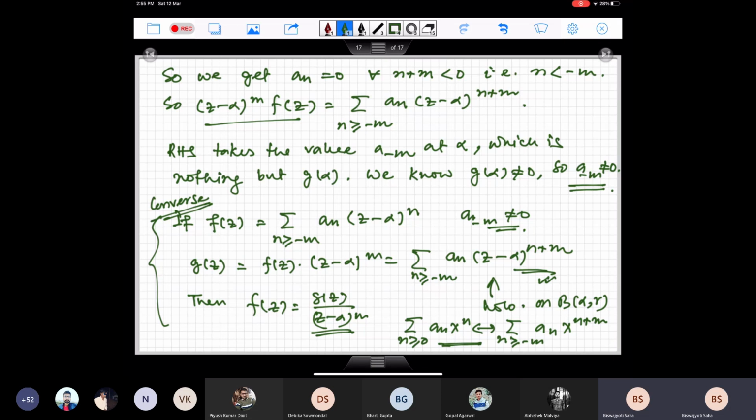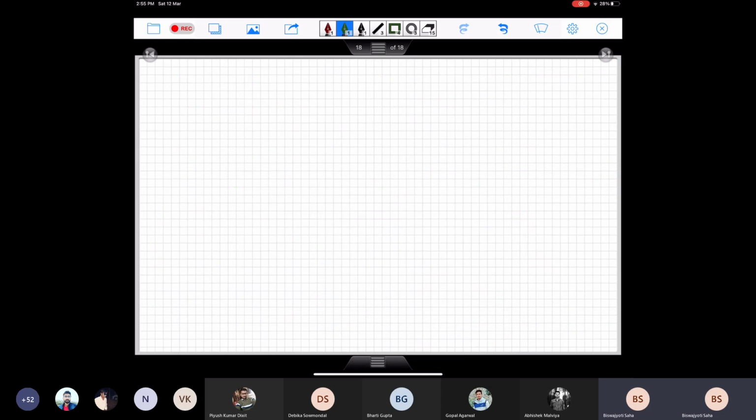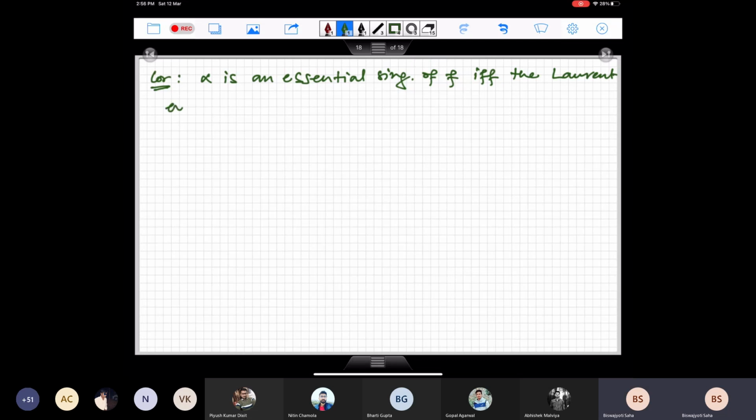Anyway, like I said, I was telling you to keep the example of exponential of 1 over z in mind all the time. We get as a corollary, I'm not going to do it more explicitly, it's already done: alpha is an essential singularity of f if and only if the Laurent expansion of f around